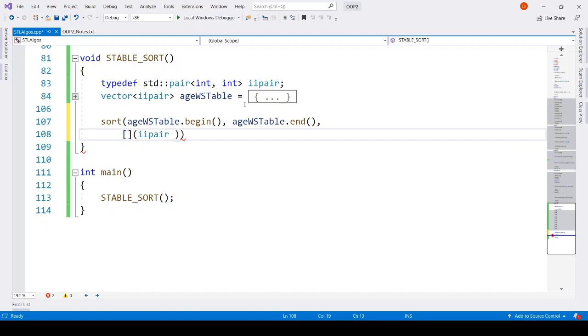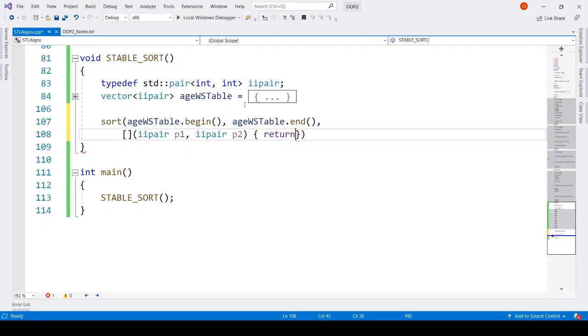Let's call them P1 and P2. So these are the two pairs it is trying to compare, and we want to help it by telling it to sort by the second property.